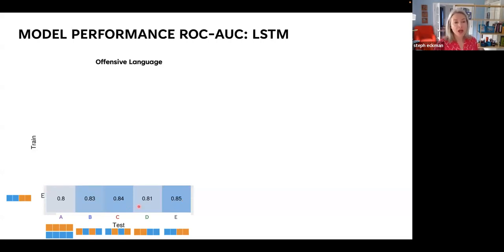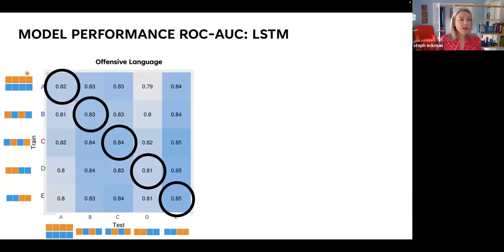So in this row, the highest ROC AUC we see is when we take the model trained in version E and we test it against the labels in version E. I think I've got a little circle. Yeah, that's the highest performance measure in this row. The others are like 80% when we test against version A, 81% when we test against version D. So this model is doing a little bit less well when we test it against labels collected in the other conditions.